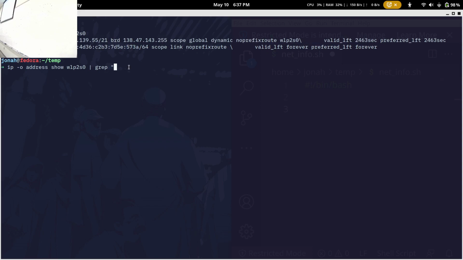So, when I say grep, I want to look for the pattern inet space, and then, this isn't a full regex tutorial, but in this case what I'm going to do is dot, any amount of times.